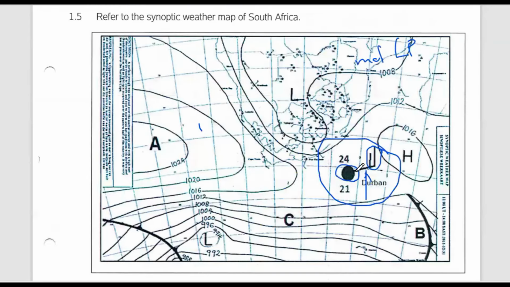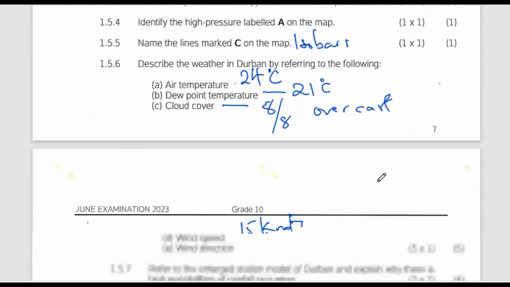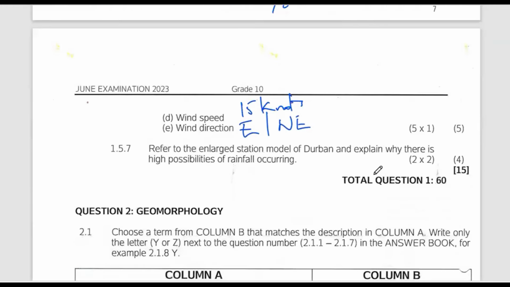The first obvious reason is about cloud cover here, which we have talked about. We have said there is overcast condition. The sky is fully cloudy. So chances of rainfall are very likely. There are overcast conditions. Then also